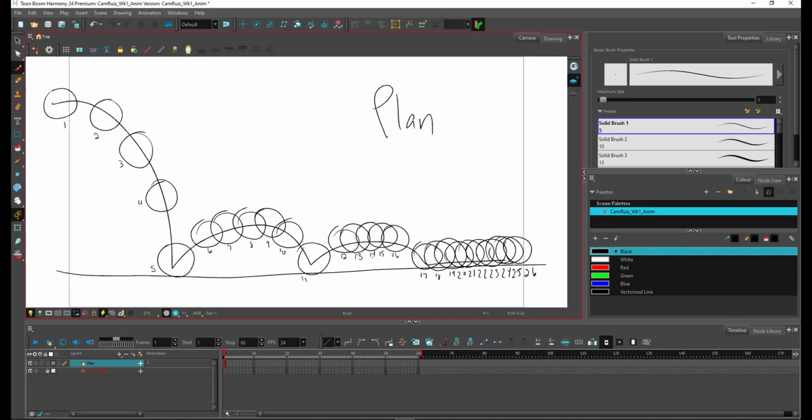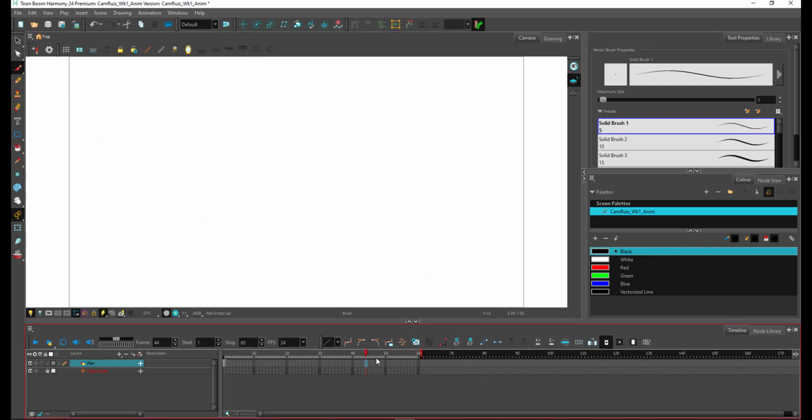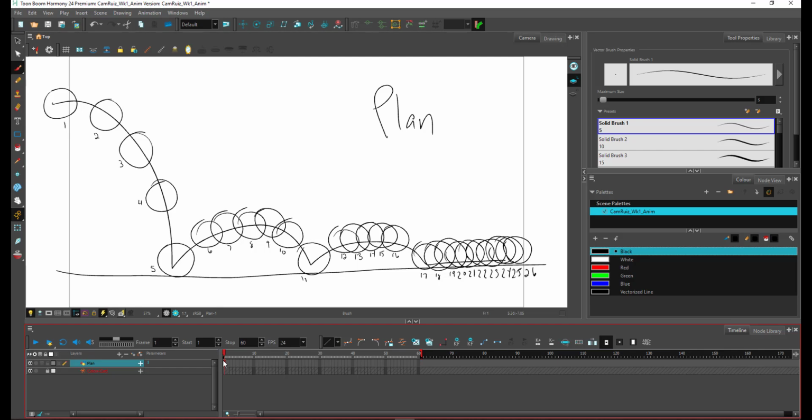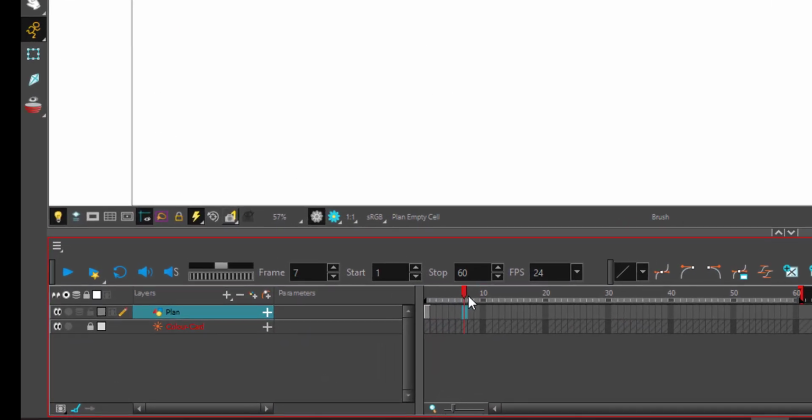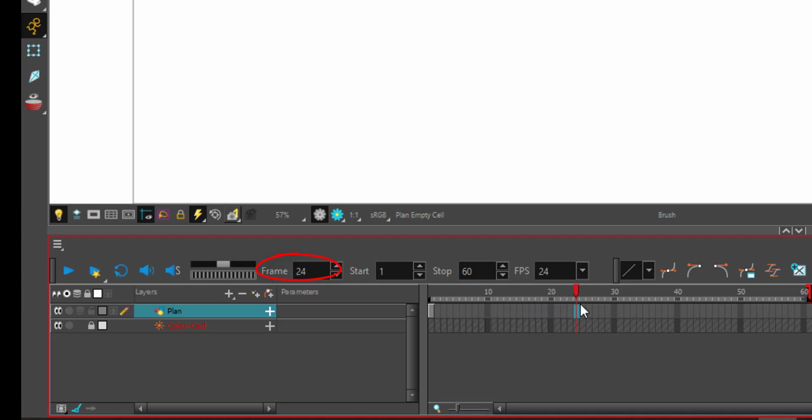Up next, let's go ahead and get started with our animation. The first thing we need to do is to extend the duration of our layer. As you can see, if I move on my timeline, the drawing of my plan will disappear. My last drawing being 26, I'm gonna scroll through until I get to my 26th frame, and here we're going to